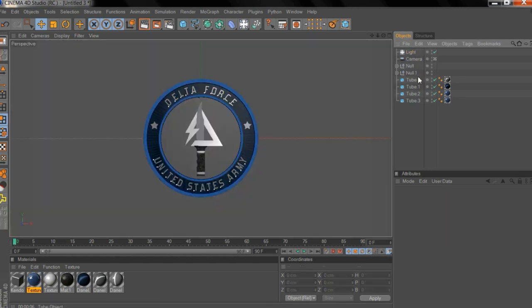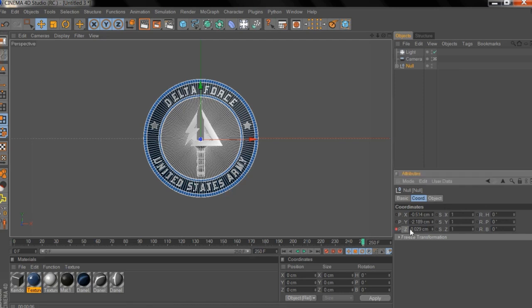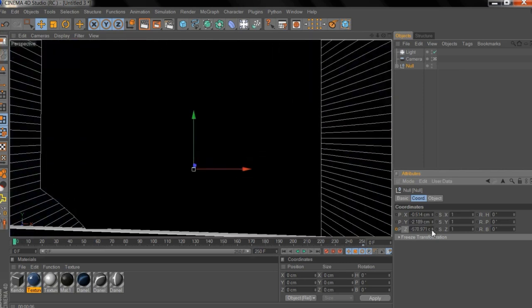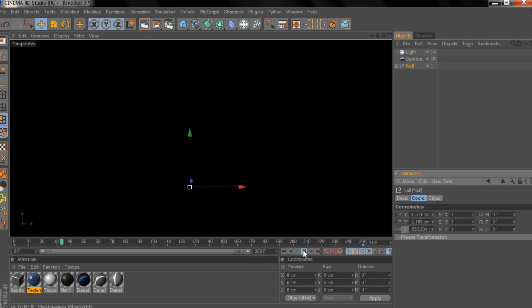Okay, as far as animation, grab both of these, or all of this, everything, group it all together, and set it about 250 frames, which I think will leave you around 8 seconds, I think, something like that. We're going to come all the way to the end and click on the Z. Go all the way to the beginning and drag your Z to the negative. Bring the coin directly to you until it's out of your screen, and then control click will keyframe these little eyes here. So now you get your coin coming in,